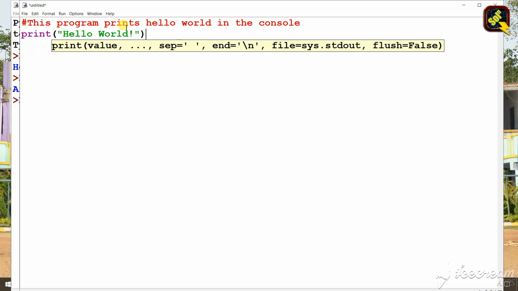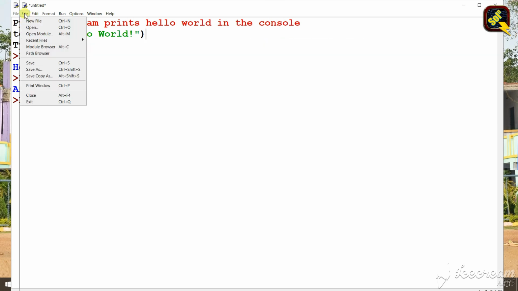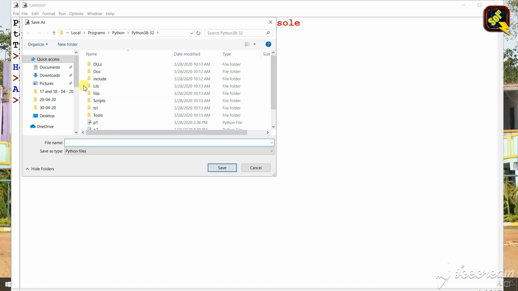Once you finish writing the code in the file, you will have to save this file. So go to File, click on Save. Once you click on Save, it will ask for the file name. Wherever you want to store your program, you can store it. You can traverse to a different folder also.